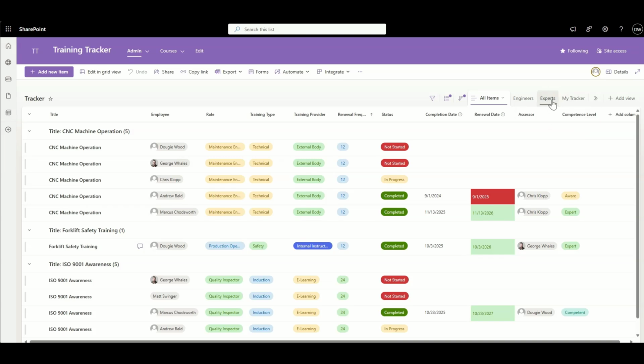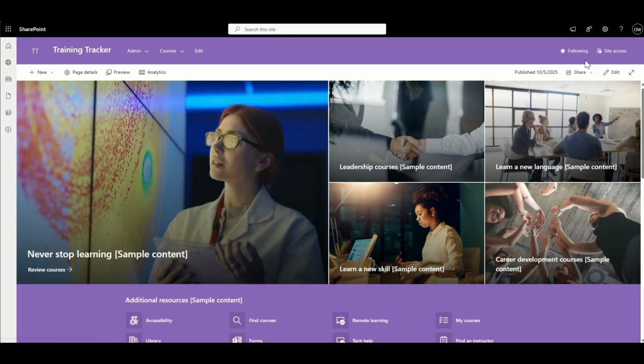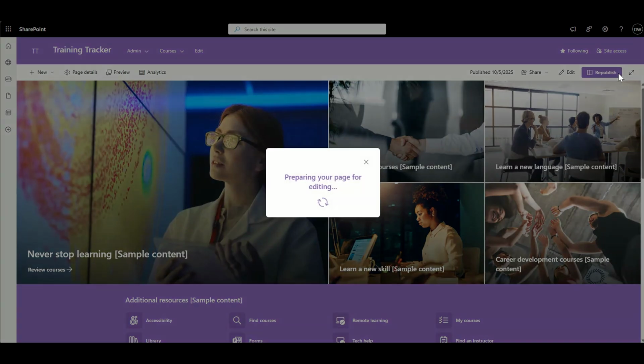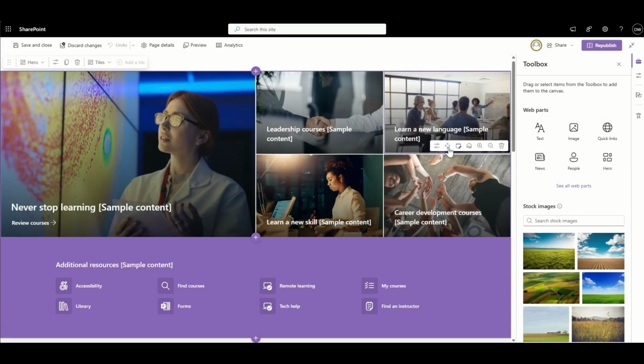Now, I've actually already created a view, which is quite simple to do. You've seen me do it, basically filtering and then saving. And I've got this experts view. So this is all the expert views of all the different trainings that we've got. So if I now select the view across the top, so I'm selecting the URL, copying that, go back to my home page, what I might then do is change one of these tiles to say,